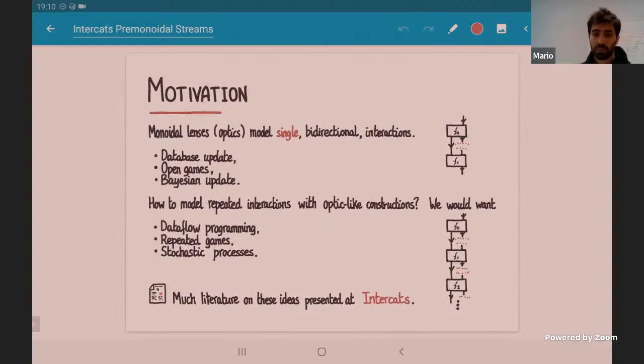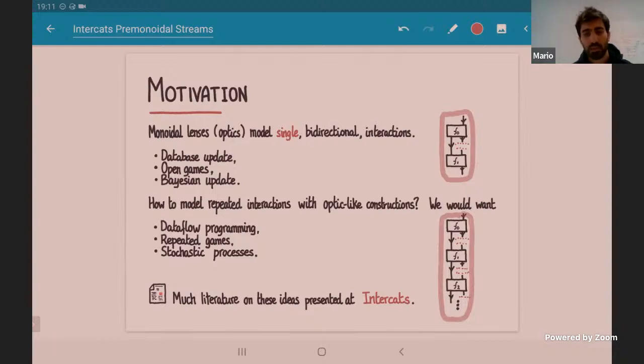So let's go back to my presentation. I was saying that monoidal lenses or optics are modeling single and bidirectional interactions. So we are going to have something like this. And now if we want to model repeated interactions with an optic-like construction, it feels that we should do this infinite repeating diagram. That's something like that. So this feels like an idea